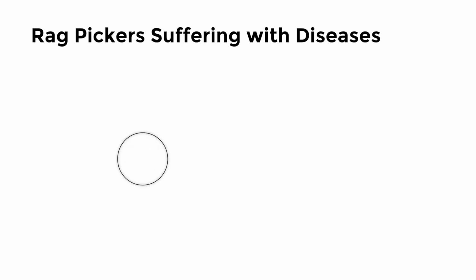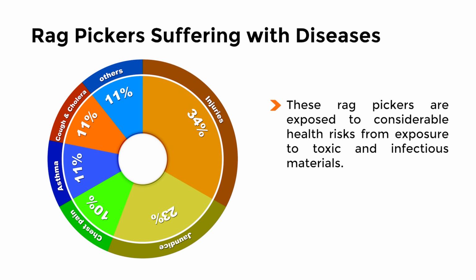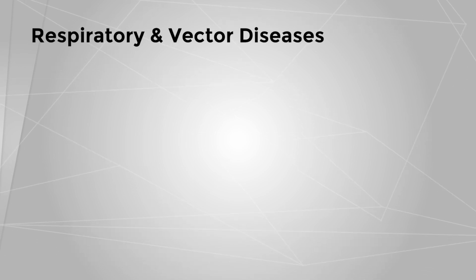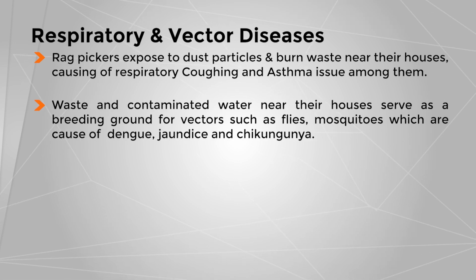And on the basis of the primary survey, I found that 34% mainly reported injuries in different parts of the body, followed by jaundice problems, chest problems, asthma, cough and cholera. So, I can say that the rag pickers are exposed to considerable health risk from exposure to toxins and infectious materials. This slide is giving the idea about respiratory and vector diseases. The rag pickers are exposed to dust particles from burning waste near their houses, causing respiratory problems, mainly cough and asthma. And the waste and contaminated water near their houses serve as a breeding ground for